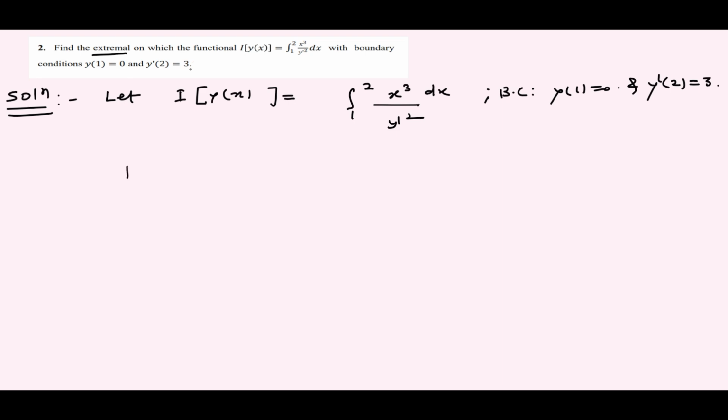So now here our given functional f of x, y' is equal to x to the power of 3 over y' square, and